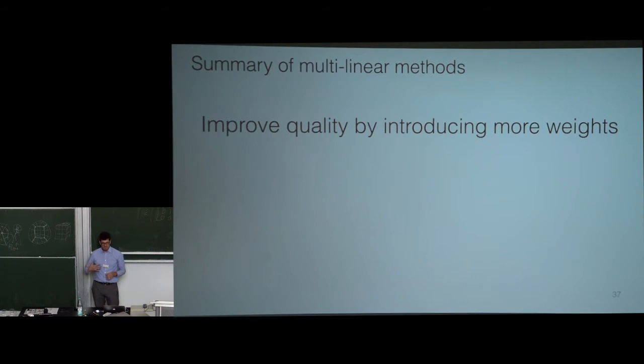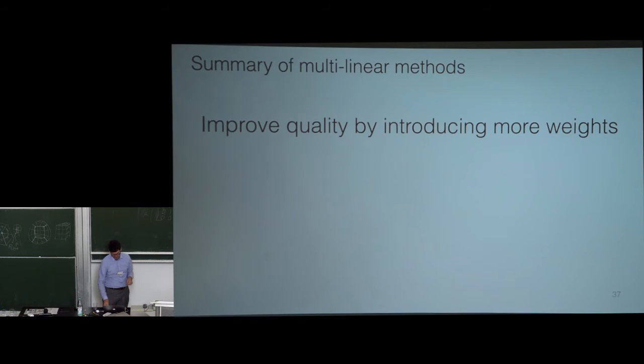So in summary, the idea of the multi-weight, the multilinear methods are trying to improve the quality of the real-time deformations that we can get by introducing more parameters, by introducing more weights. One thing that I might not have said at the very beginning is that these weights are fixed. So when we set up the deformation system, the weights are fixed, they're set in stone, and the only thing that the user is controlling at runtime, as we see in new frame the animation, is the transformations of the bone. So that's an important takeaway here, is that the weights are something that we pre-compute, and then you deform